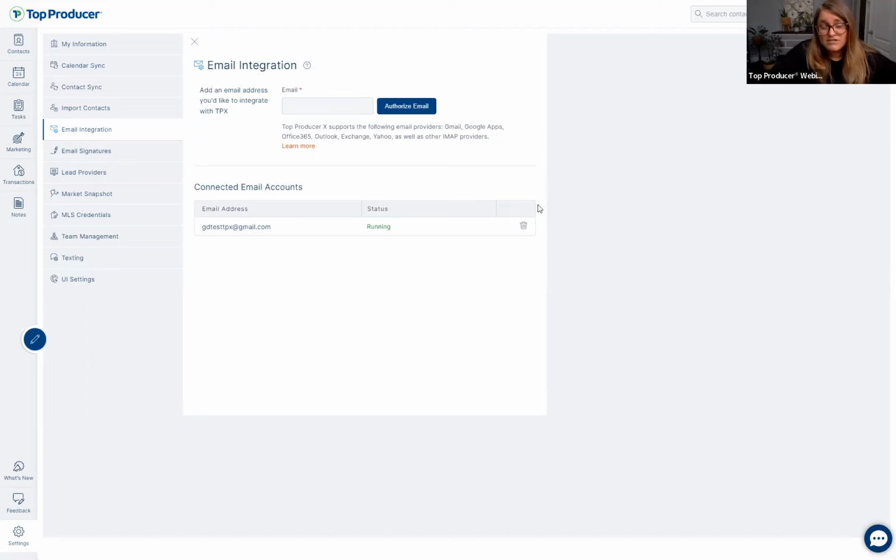And if you're paying for the account, I believe it's up to 2,000 for the day. So it's not a limit on how many you can send out a day through Top Producer X. It's a limit based on your email provider. Exactly. We do have to go on the limits that those providers have set. So make sure you double check with your provider as to how many emails you are able to send per day, just so you don't get yourself into their naughty books.